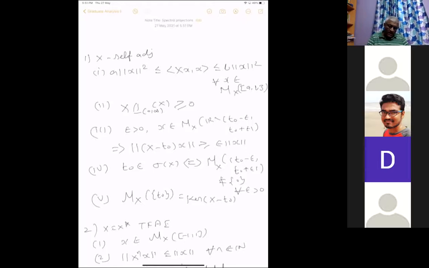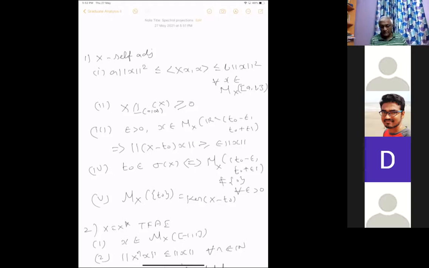So for all x in... look at this here. Given any epsilon greater than 0, for any x in this subspace, where R is the interval removed, this inequality is satisfied. Okay. So if this inequality is not satisfied, then x has to be in the kernel of